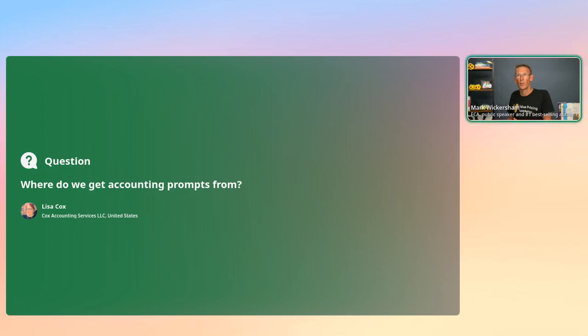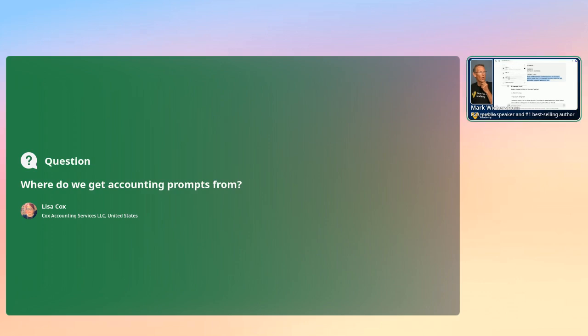Danita asked about organizing prompts. I've covered that. Shannon says, how do you get ChatGPT 4.0? You get it with a free account automatically. So when you click to do a brand new prompt, make sure that you click on the drop-down arrow that lets you choose whether you're using ChatGPT 4.0 or 3.5, because it might default to 3.5. So you might have to change it to 4.0, but it's there in the free account.